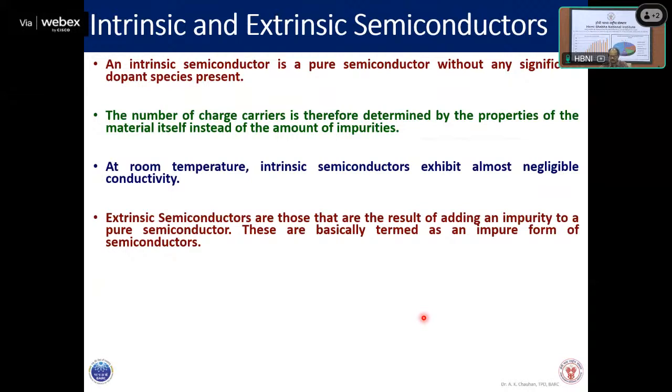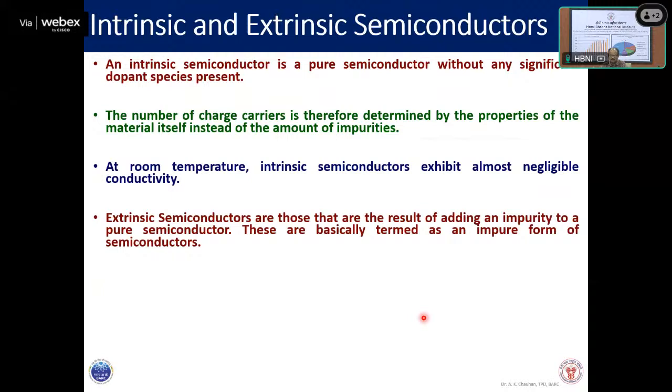So although intrinsic semiconductors at room temperature have some conductivity because of thermal excitation, at absolute 0 they will have absolutely no conductivity. However, extrinsic semiconductors are those that result from adding an impurity to the pure semiconductor. So suppose you have a pure semiconductor and you add a little bit of some other impurity. In silicon you add some other impurity like